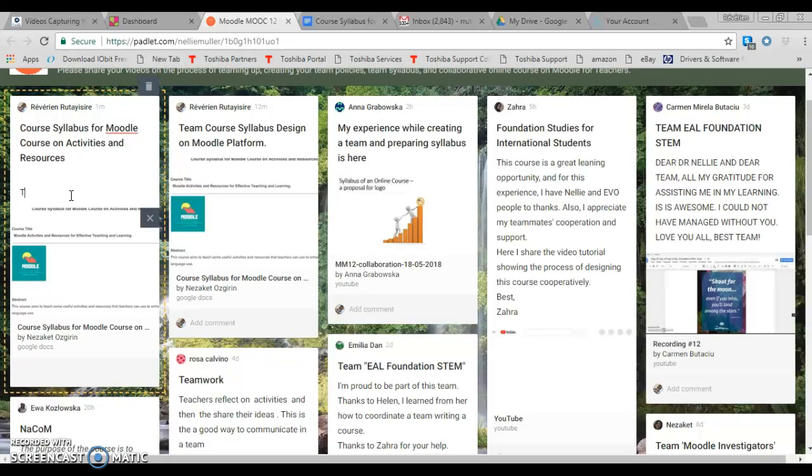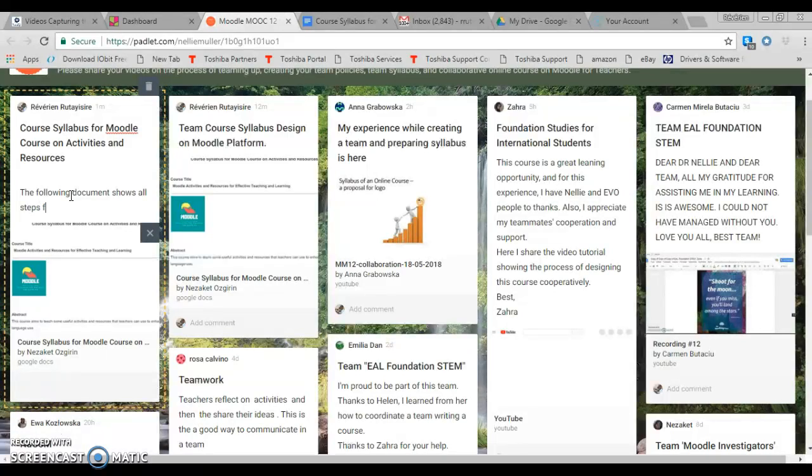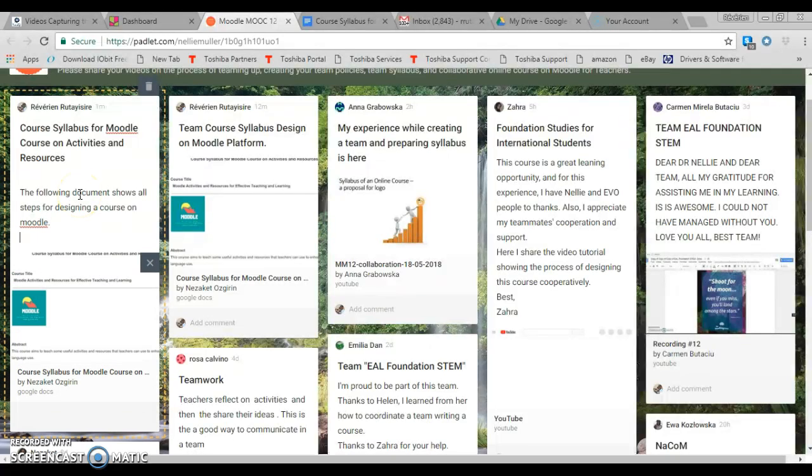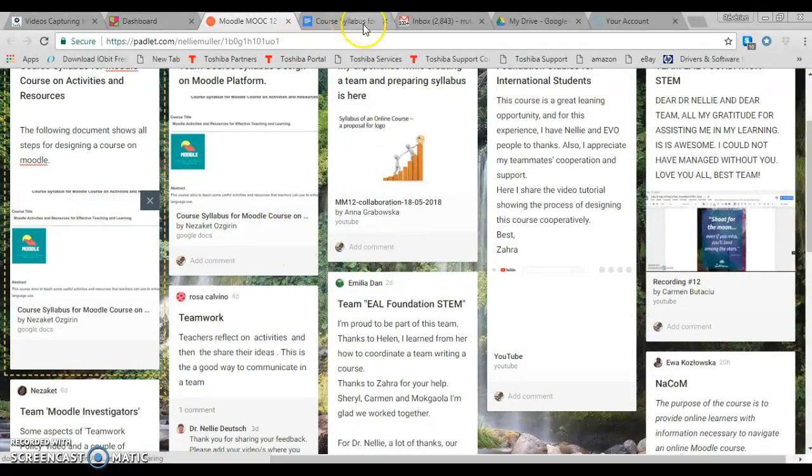This is the following document shows all steps for designing a course on Moodle. Like this, over. And